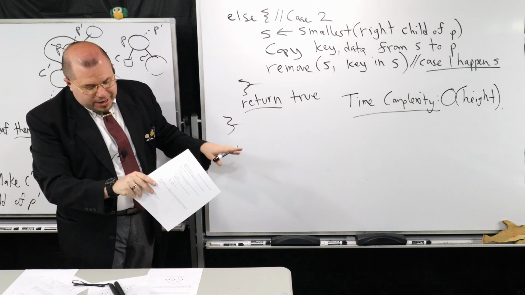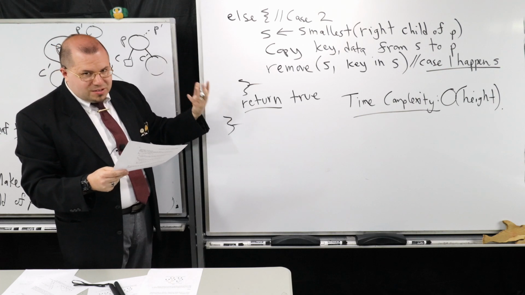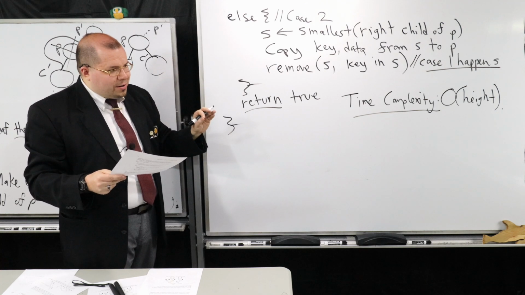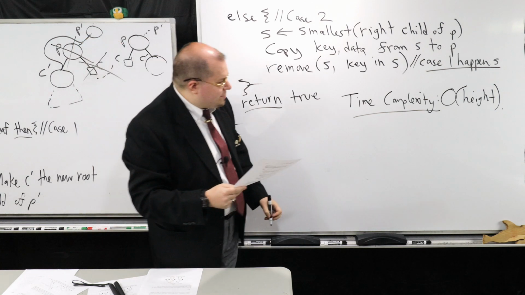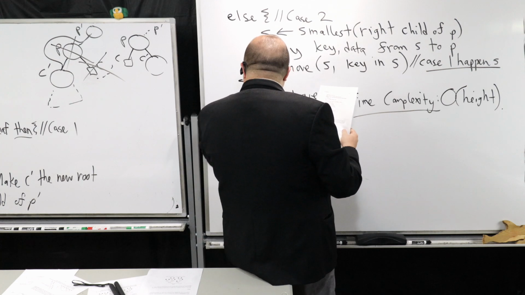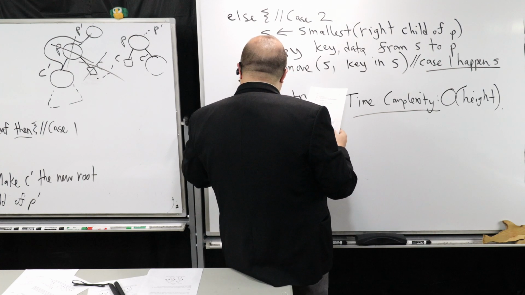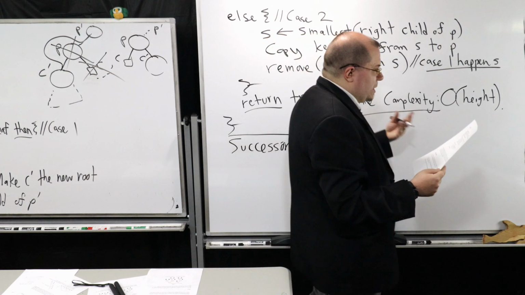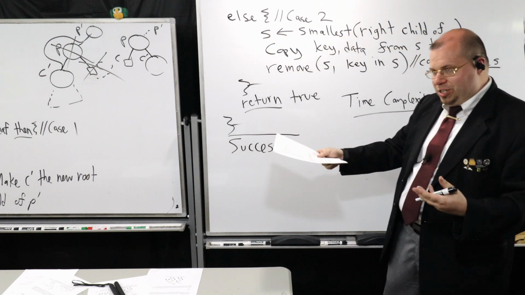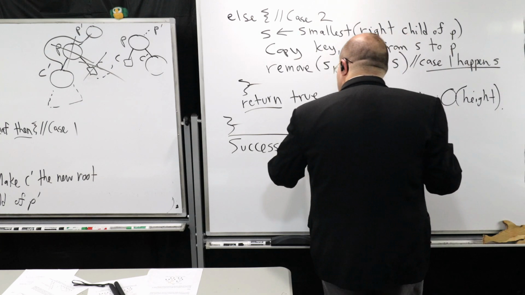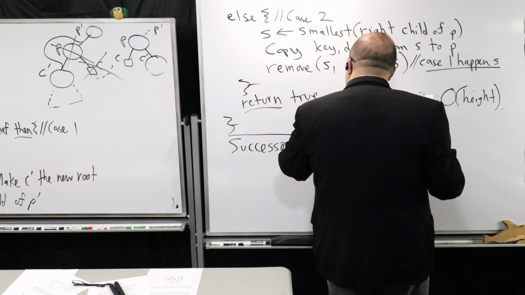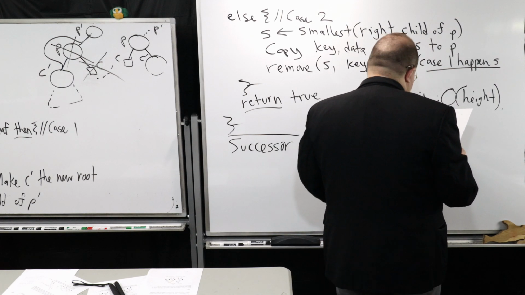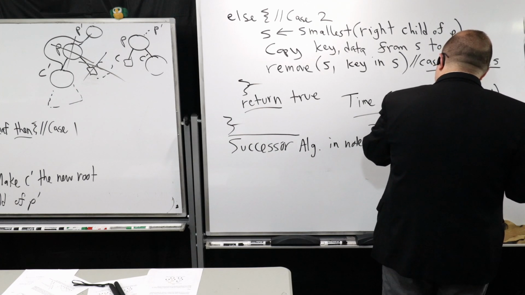So all of our operations that I've shown you up to this point all take big O of the height. There's one other operation I did not show you here that I want you to take a look at. It's called the successor. See if you want to compute the successor more generally. Remember, when I do the removal, the successor is a very specialized structure here because I have two internal nodes as my children. I want you to take a look at the successor algorithm in the notes. It'll be right there immediately after this on page 115.